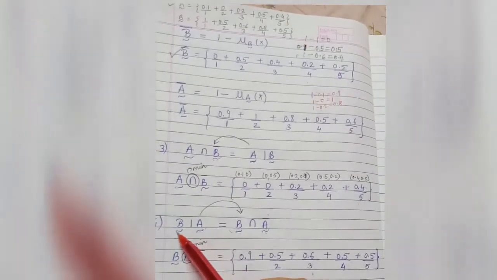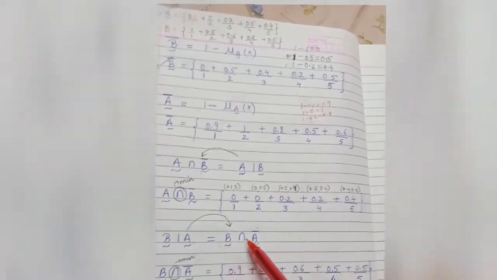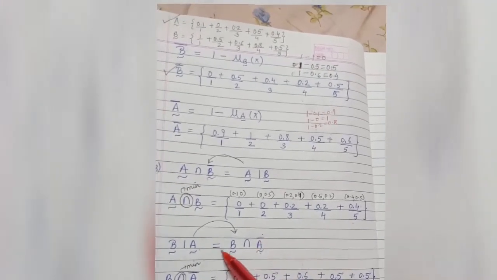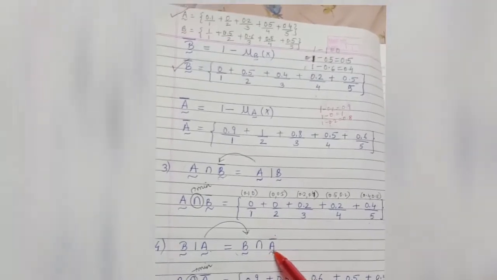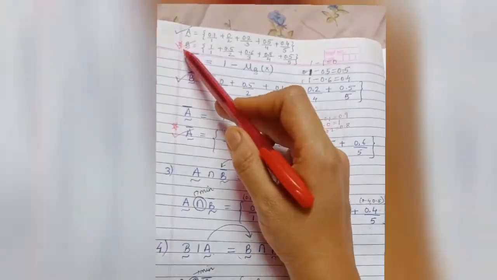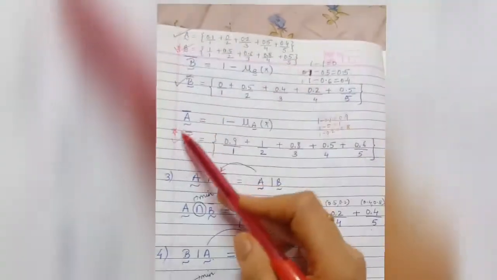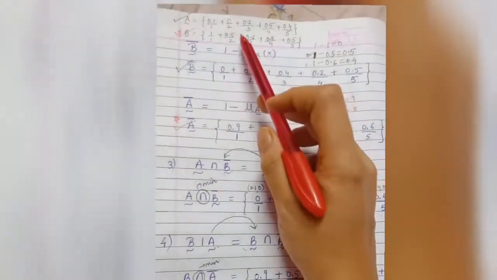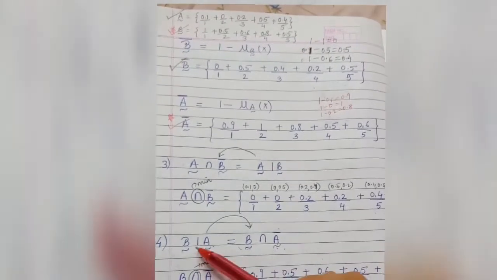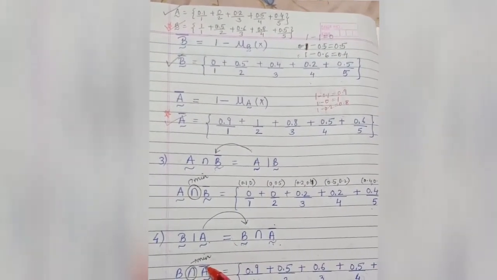Now let's calculate B difference A. So we have to apply B intersection A complement. Consider set B and consider set A complement we just calculated. So to find this, we are considering this. I have marked a star. So we are considering this set and this set. So we'll compare this set and find B difference A, that is B intersection A complement.